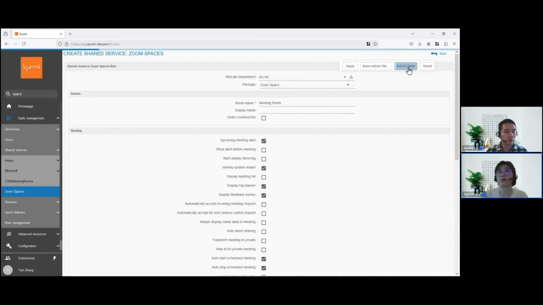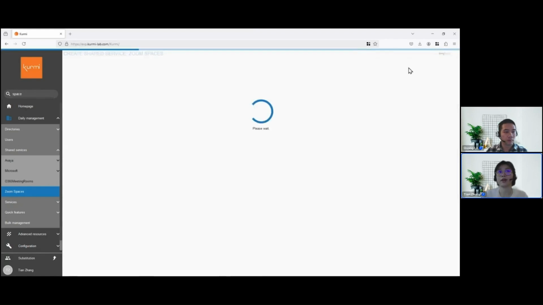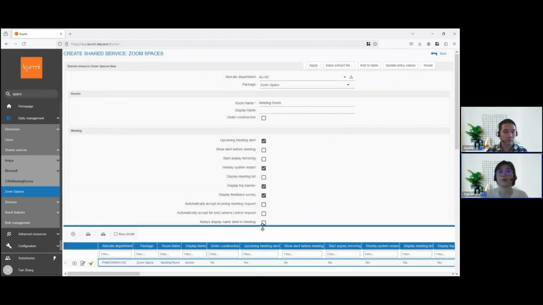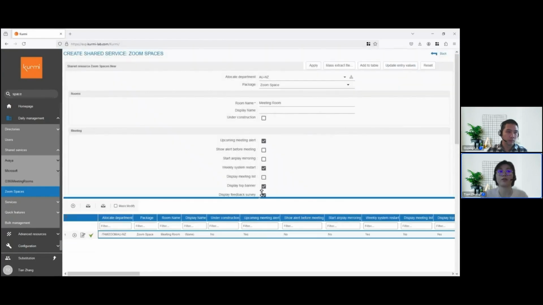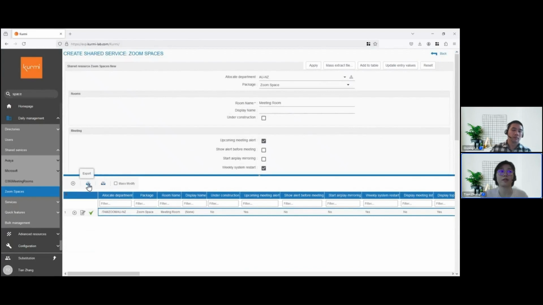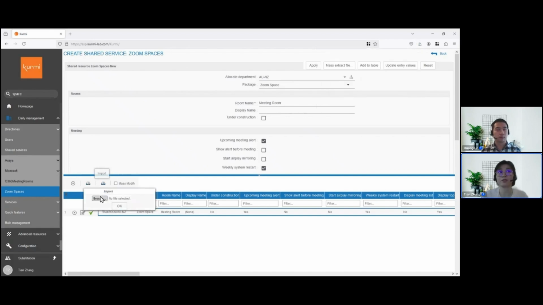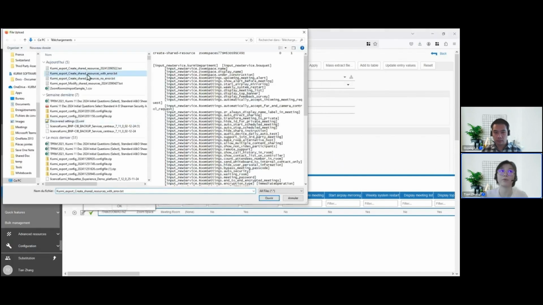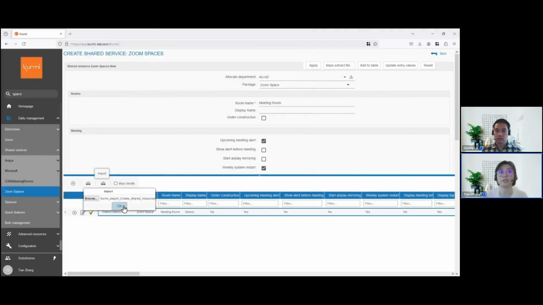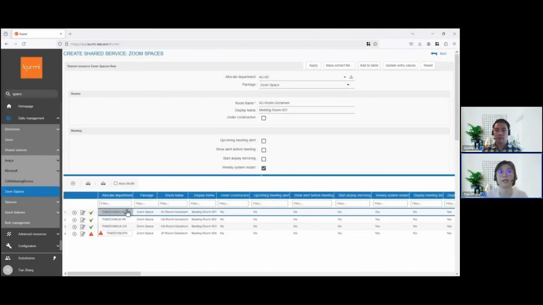What's more, you can use this button to have a table view. So in this table view, you can download and export the templates, work on this template to provide all the spaces that you want to create, and re-import into the interface, into the application. Here, for example, you can see that there is a list of 4 spaces that has been